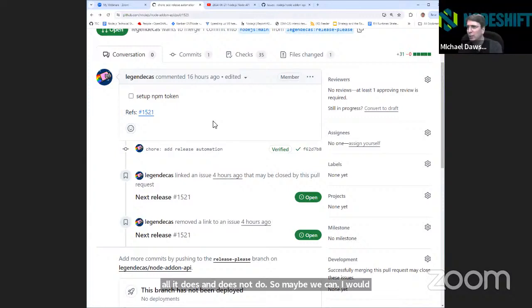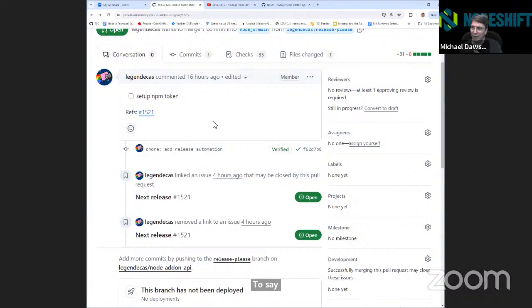I've seen it used on other projects, and every time a PR lands, it will update. There'll always be a PR which says release, do the next release. And it'll be updated every time you land a PR, to say here's what's in it.